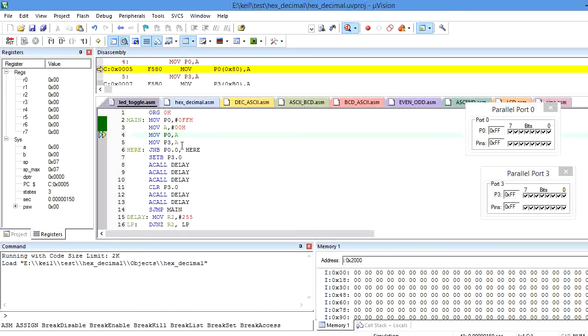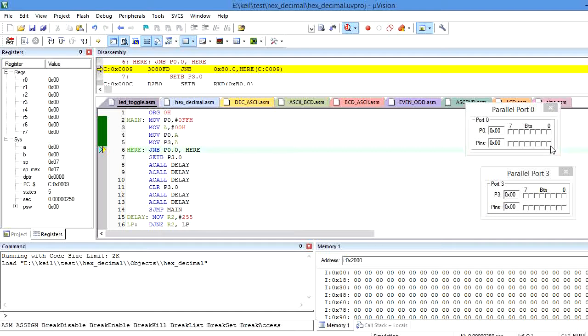And next I need to clear all the pins of port 0 as well as all the pins of port 3 here by using the instruction MOV P0, A. After executing MOV P0, A, all the pins of port 0 become 0, and similarly MOV P3, A becomes 0. The content of accumulator is 0, so whenever I copy the accumulator content to port 3, all the pins of port 3 become 0 here. And next I need to monitor whether my switch is closed or open.